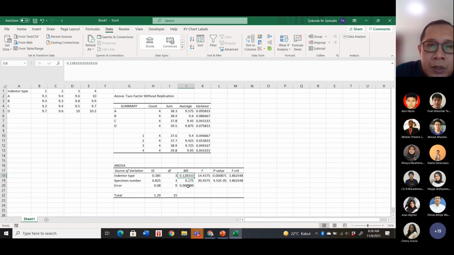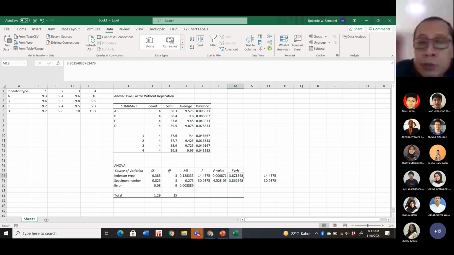You can check it. All of the formulas are lost, so all here are just numbers, but you can confirm it. For example, I want to recalculate that one. MS indenter type divided by MS error. There you go. It gives you the exact same number. And this one is the MS of specimen number divided by MS error. Excel calculates the p-value of each of the F-zeros,